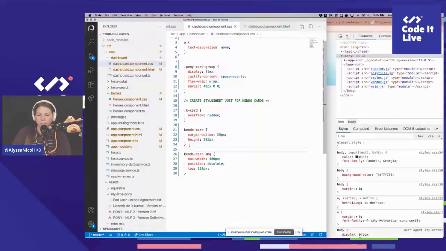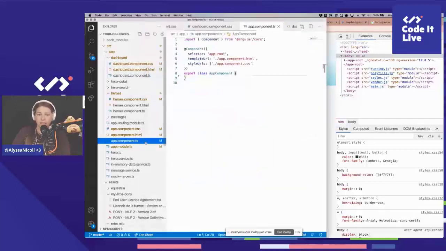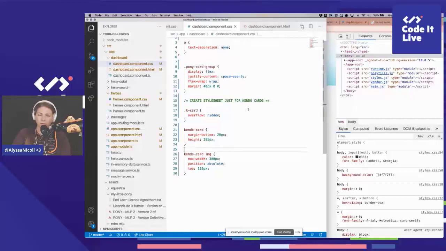Okay. Oh, wait. Yeah, this looks fine. But on hover, we need to say, I always click on the wrong one to get over here. Okay, on hover, we need to say